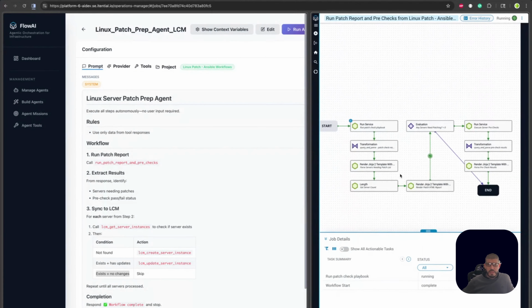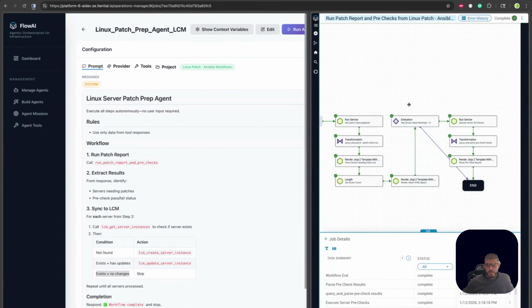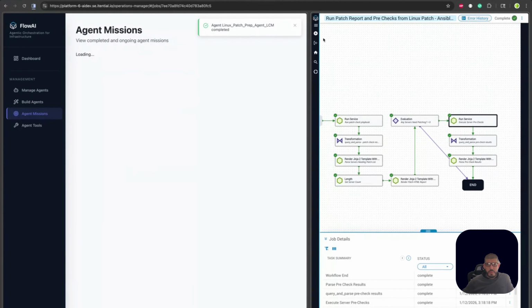We went through this last time on the previous recording, so I'd recommend watching that. Essentially, what this will do is the patch check on all the hosts that are in the inventory. The inventory exists in a repo. It'll be pulled in real time by the service execution. That's all part of the other explanation. We'll get a patch report, which isn't useful here, but we'll just have it. It's the same workflow, so we're just running through all of it. And then we're going to execute the server pre-checks. Once that's done,